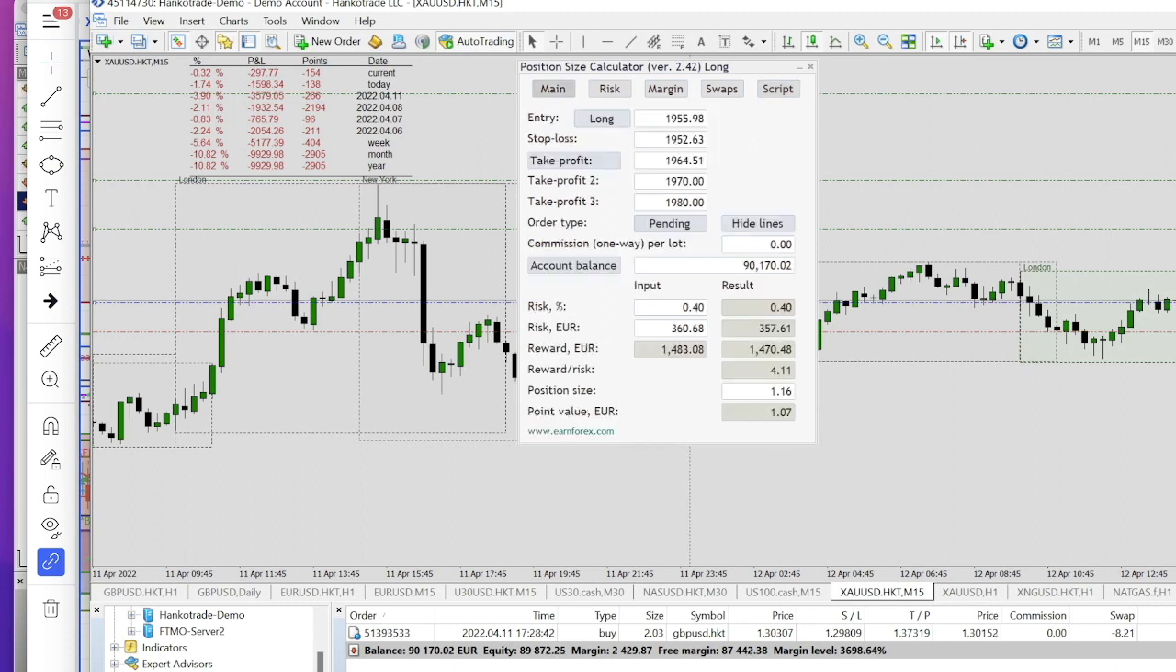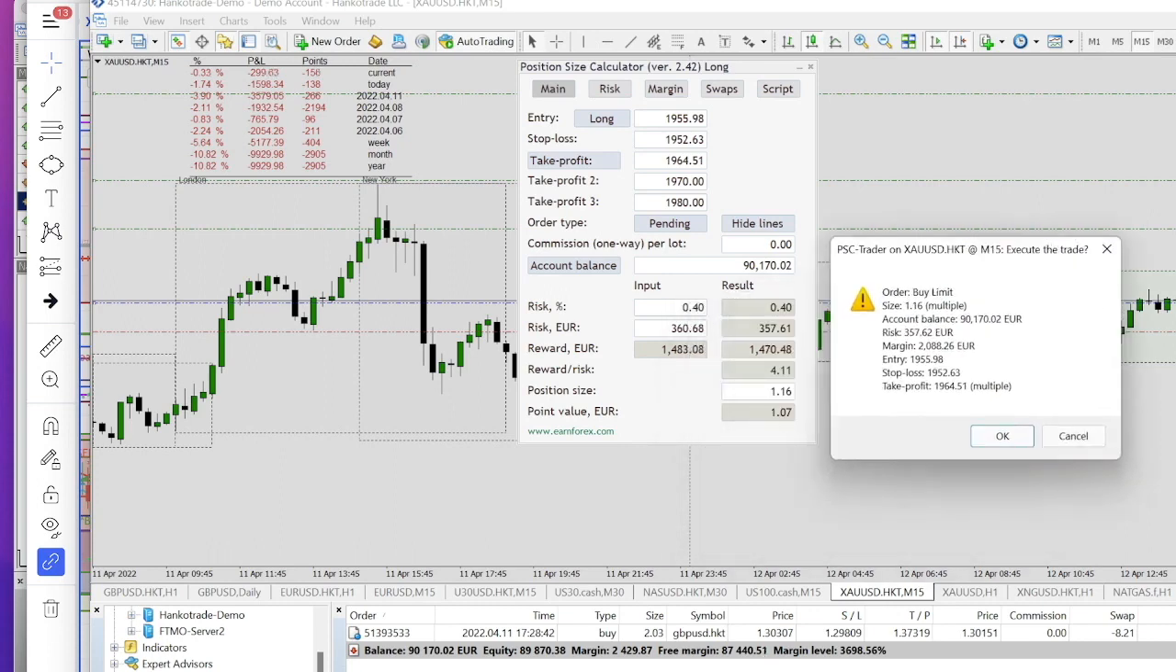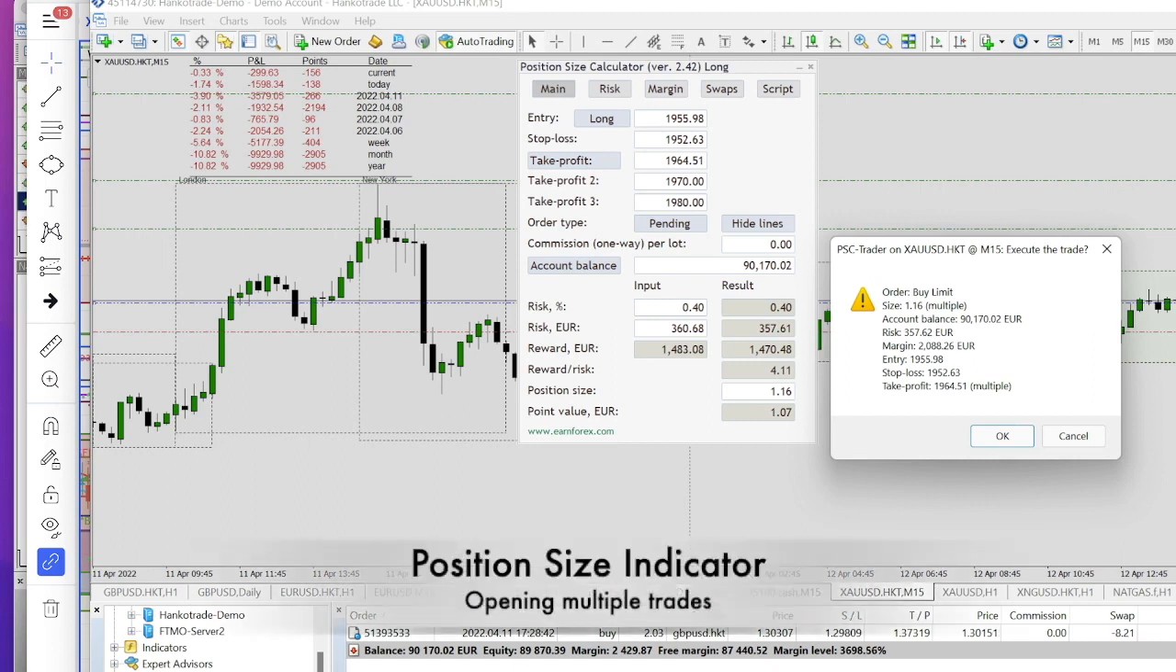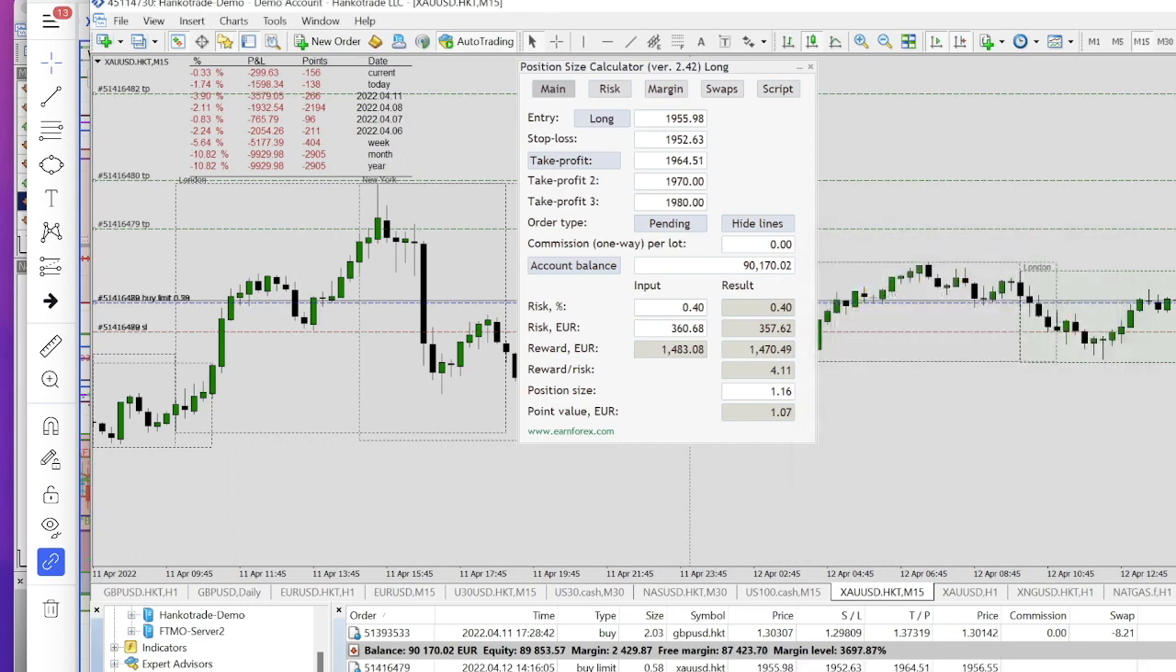Then you can again use your key, Alt T in my case, or double click. And in the confirmation, it says multiple. It means that it's going to open multiple trades. So then you click OK. And what it will do, it will open 3 trades with the same entry, the same stop loss, but different take profits. And the size, if you sum 0.58, 0.29, 0.29, is exactly 1.16,